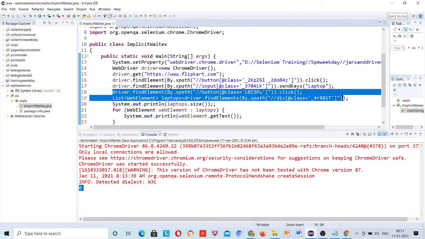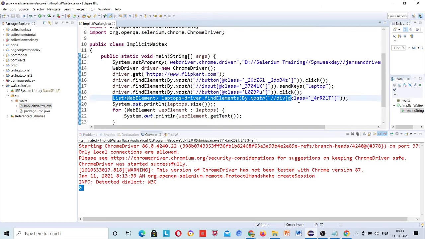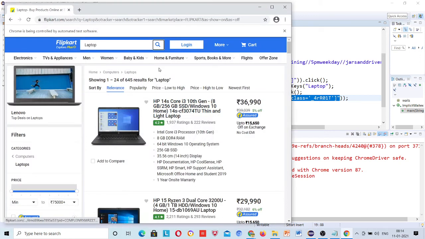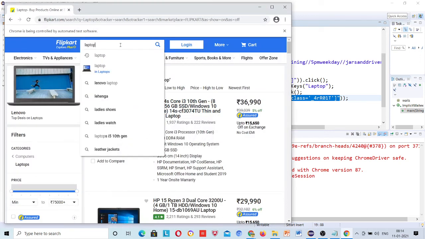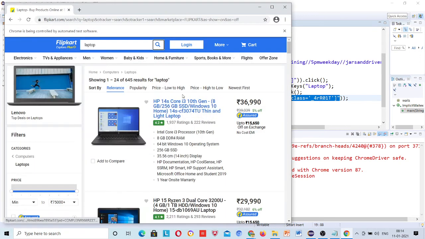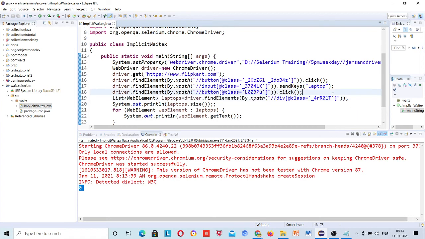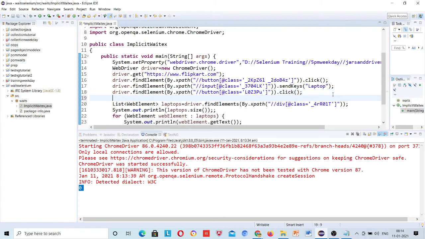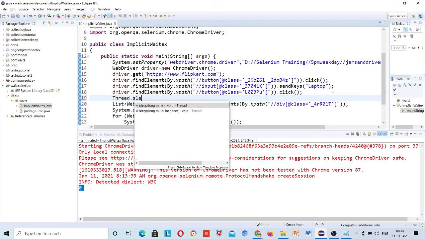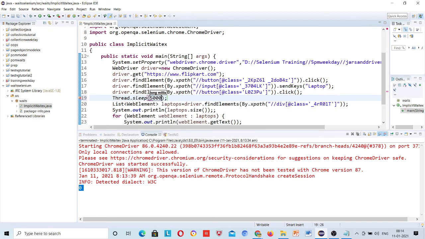you have just clicked on that and you are just filling this list, right? Once you search laptop like this, then laptops are loading, and if the list was copied, Selenium will not wait for that. Before that we were applying thread.sleep, and here we have to apply it. After clicking we have to wait, right? So let me apply thread.sleep here. Suppose I have given 5000.